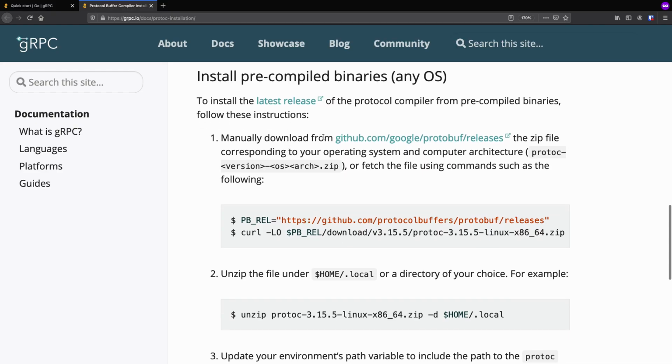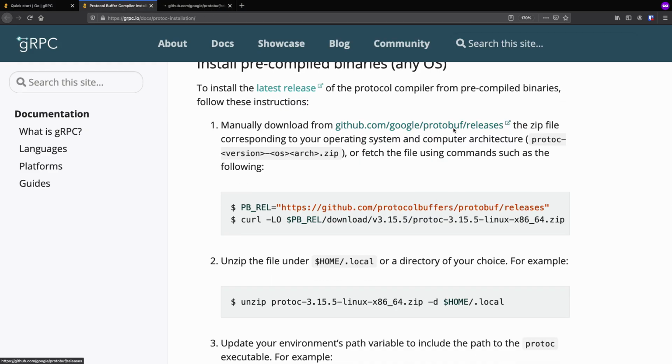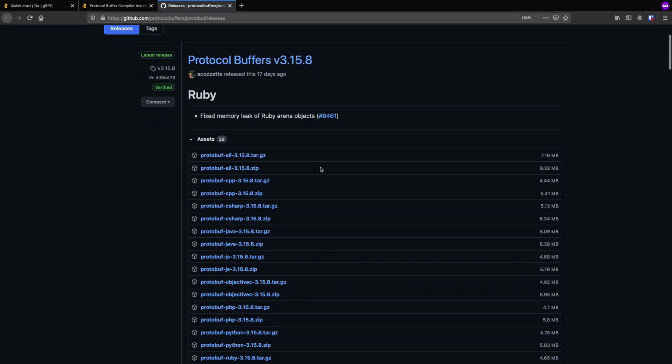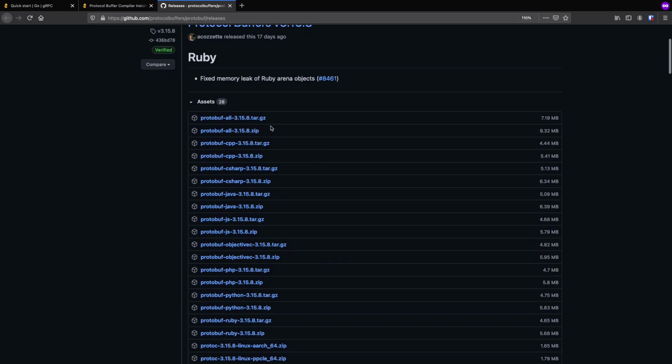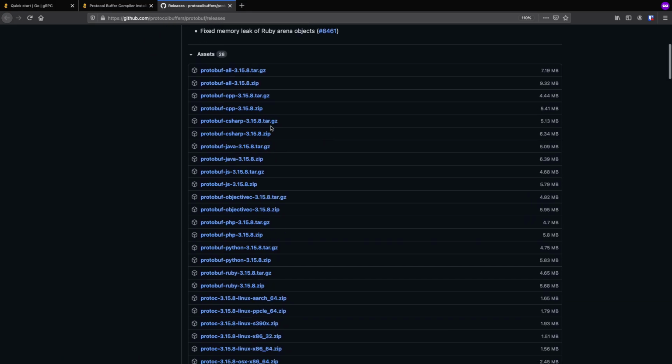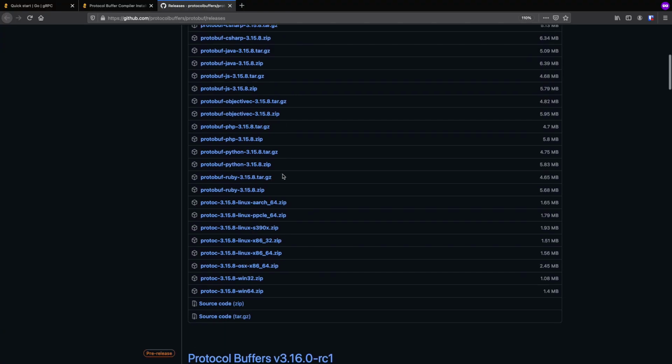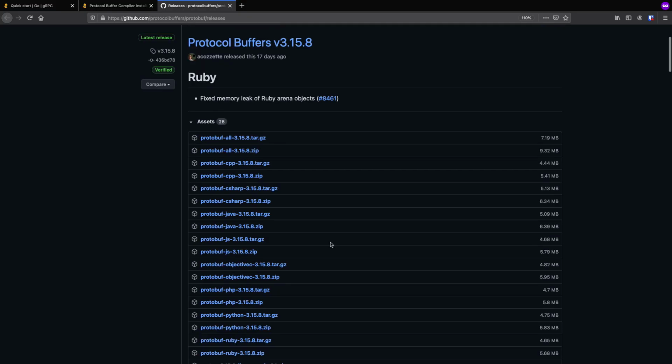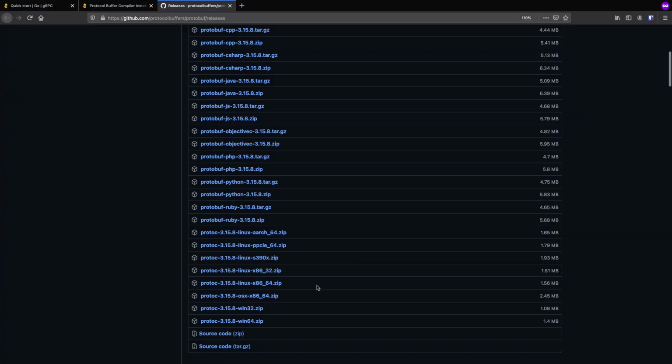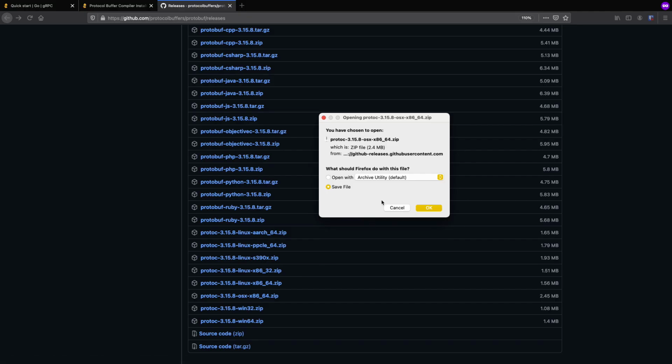So first we manually download the zip file corresponding to our operating system. So we can go ahead and access this link, and we need to find the zip file for our operating system. And this is going to be different depending on your own operating system, but since I'm on a Mac, if you're on a Mac, you'll be using this one here, the OS X one. So we can go ahead and just download this,